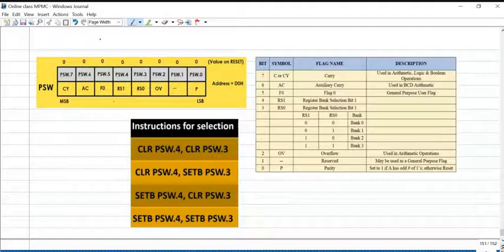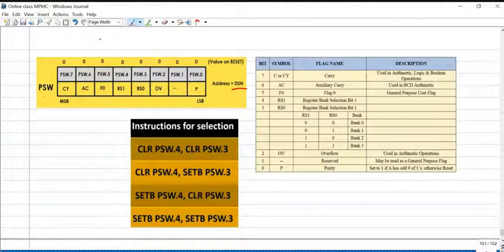The address of program status word in RAM is D0. With the help of the D0 address location, we can use this PSW directly, or we may use the name PSW in the instruction. PSW as well as the address of PSW in RAM is D0. This is bit addressable, meaning with the help of instructions, the programmer can modify individual bit positions. PSW.0, 1, 2, 3, 4, 5, and so on.